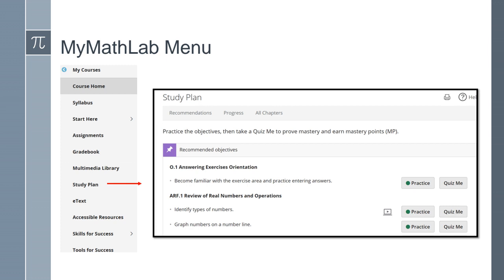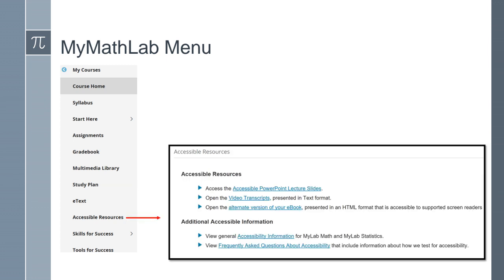And again, the stuff on the study plans is extra information. You're not going to get graded on this. This is just for you to better understand the material and go over stuff that will prepare you to be a better student. Okay, so again, we have accessible resources just like the other platform. Here under the resources is where you're going to find PowerPoint presentations, videos, and explanations based on the sections that you'll have in your class.